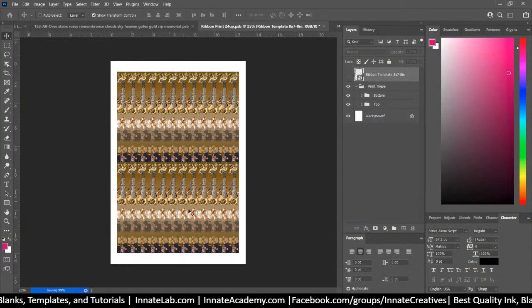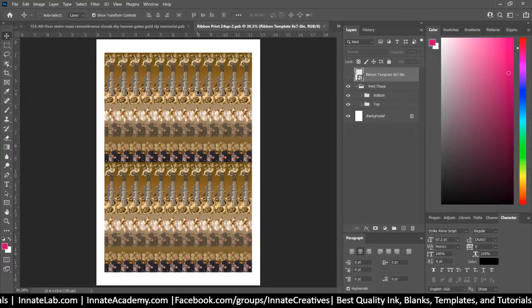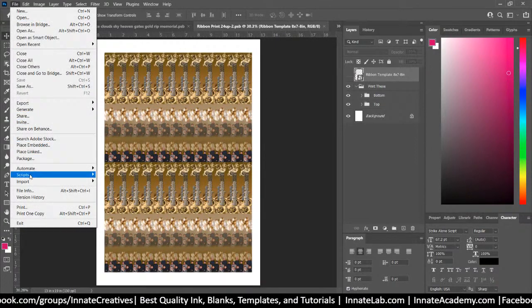All right, and this is how I would print. It looks really confusing and very busy, but you just got to imagine that each of these are going to be, this is actually 2 ribbons, one on top, one on bottom, and of course 12 going horizontally. So I will go to File, Print,